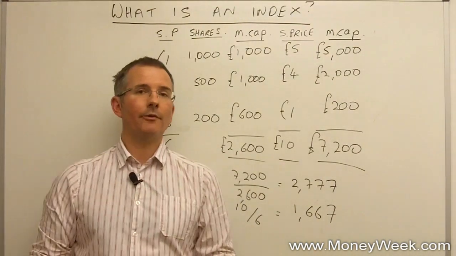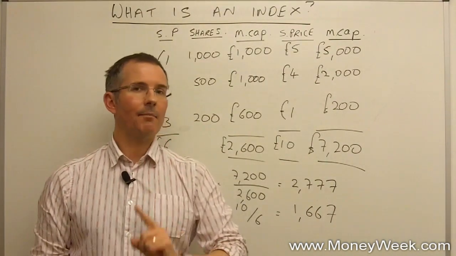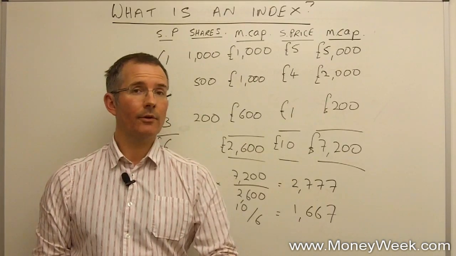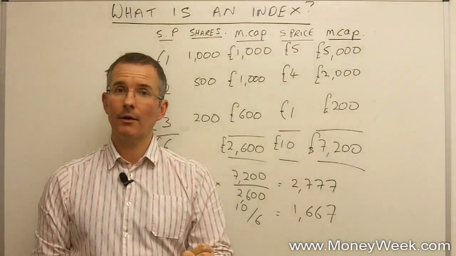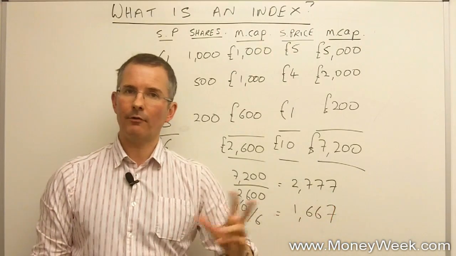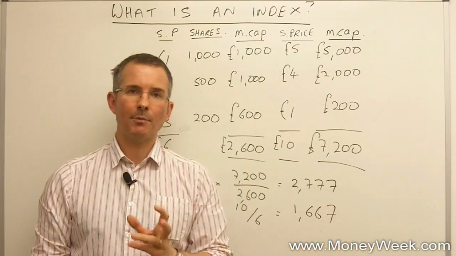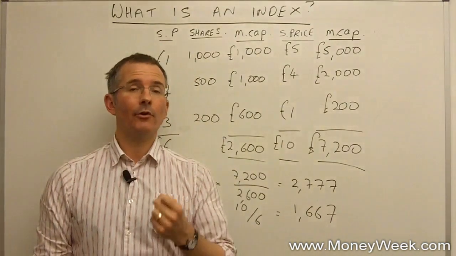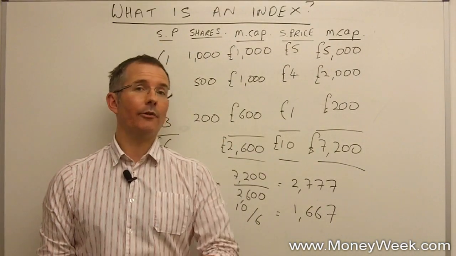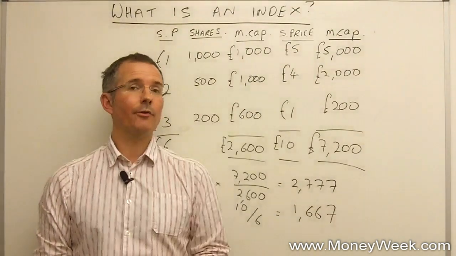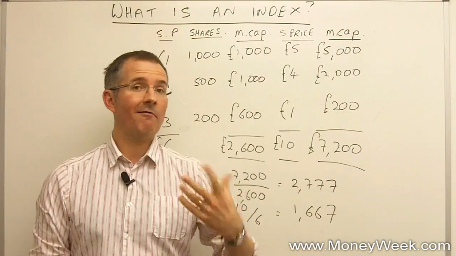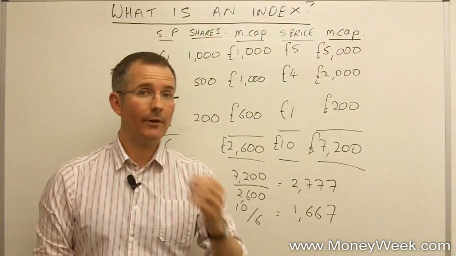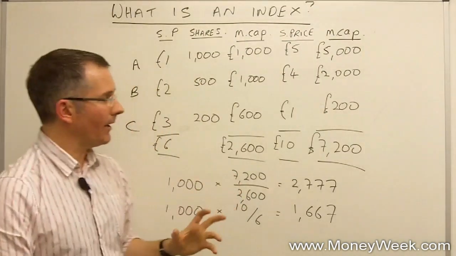So a few observations. Number one, you can't directly compare the FTSE 100 and the Dow Jones because they're constructed differently. They will sort of follow each other, and they often do, but just be aware that they're actually put together on a different basis. The Dow Jones is only 30 stocks, the FTSE is 100, and the Dow Jones is price weighted, whereas the FTSE is, if you like, a value or market capitalisation weighted. Next thing is